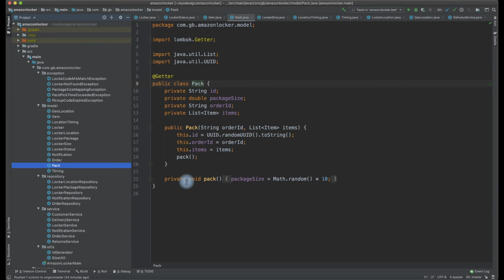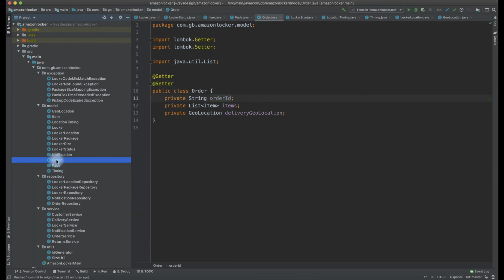So first I model locker, next I model the locker location, and what is kept in a locker is a package. So what is a package? A package is a shipped item, a packed number of items for a particular order. So a customer usually places an order, and the order may contain more than one item, which is getting packaged as a package, and the package is pushed into the locker. So let's look into the order first rather than going into the package.